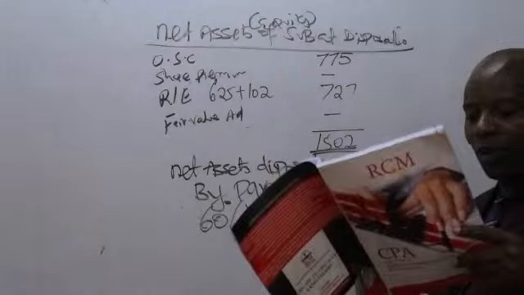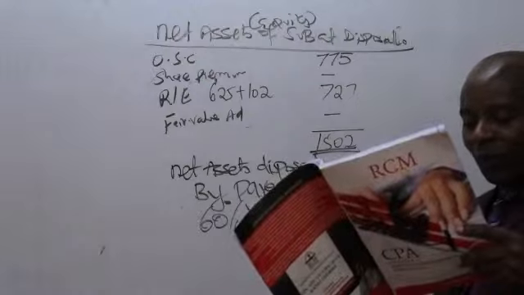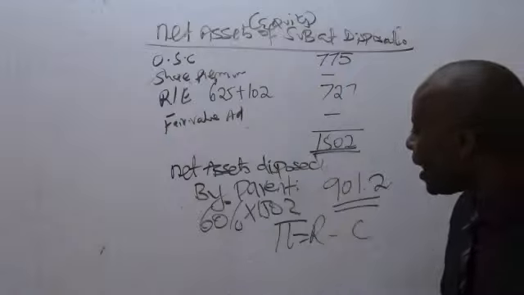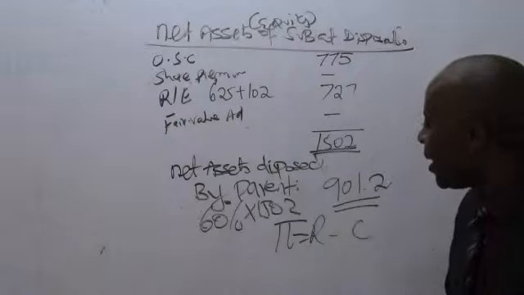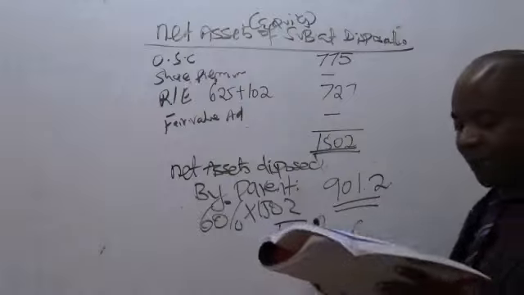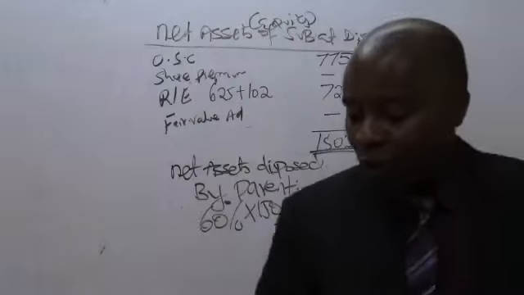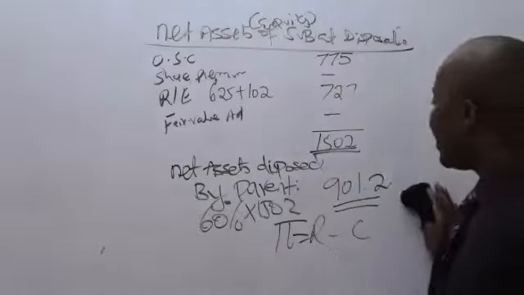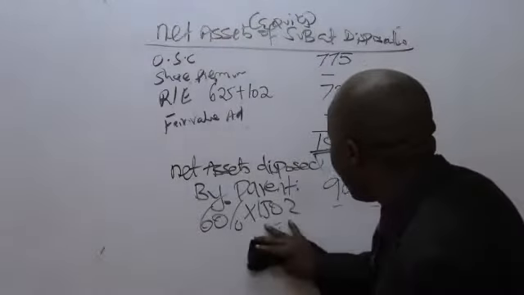Wait a little, there is something here you should know. We have here the net assets, the net assets in this case disposed by the parent. You got 901 point what, somebody? 901.2. Remember that before I go to the profit, which is revenue minus cost,